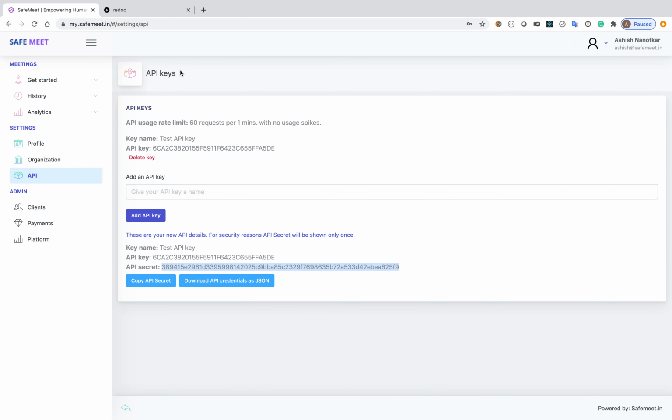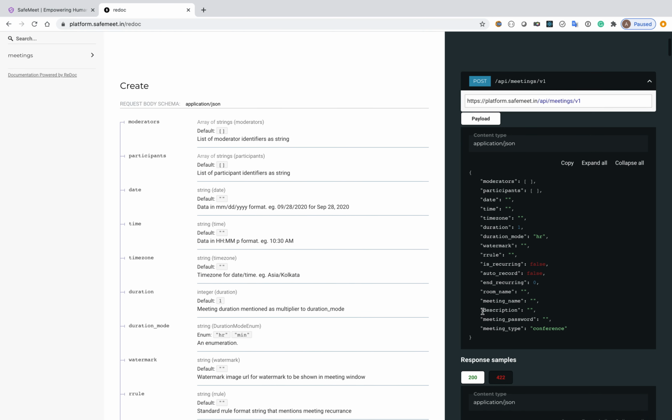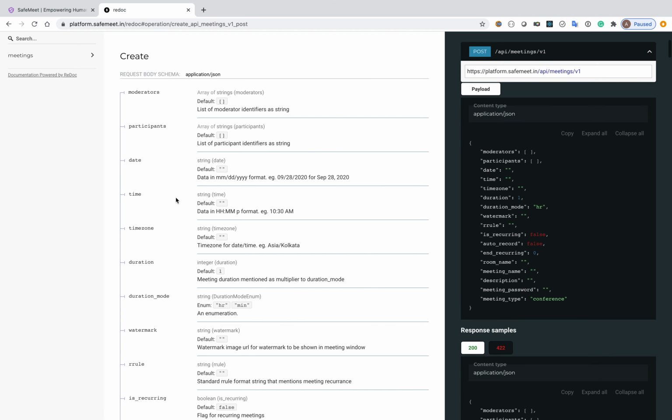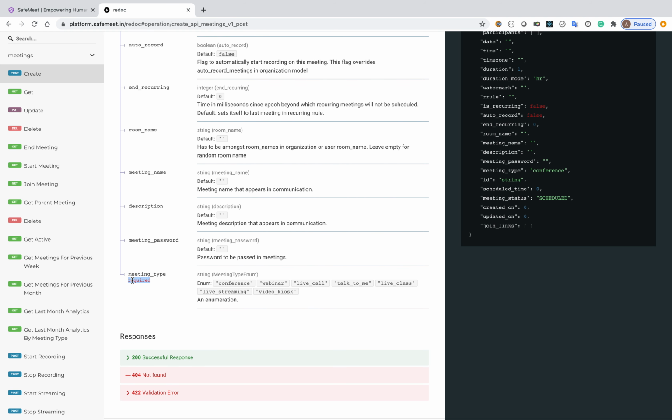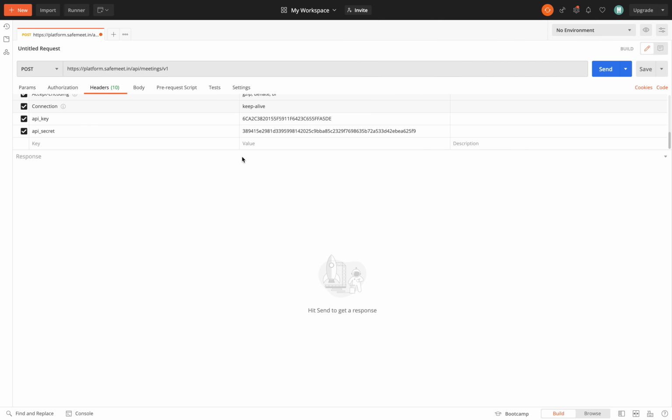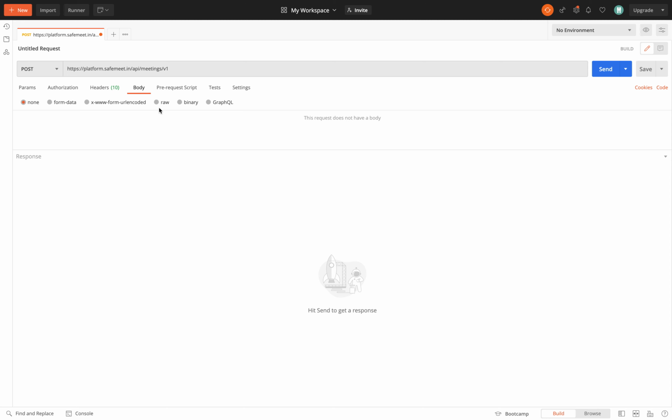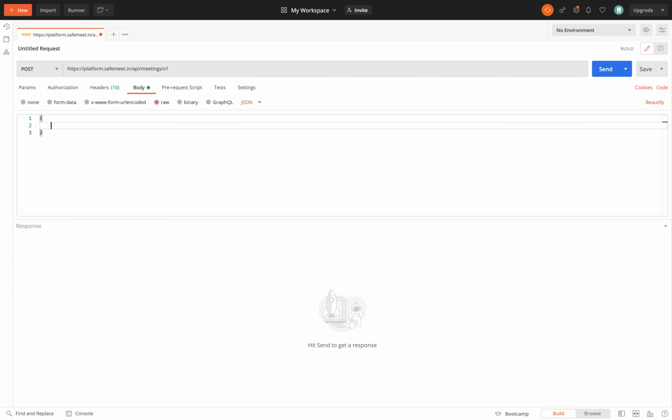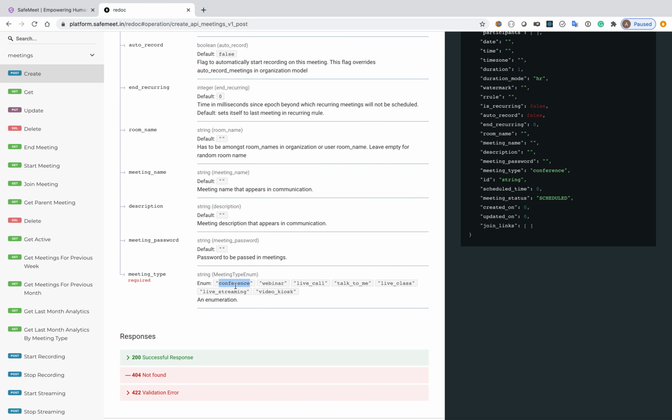Next thing that we would like to do is to check the payload that we need to send. So in this payload, if I go through the documentation, what it tells me is that there's only one field that is actually a required field. Let's include that. Going to the body, it's a body type of JSON, adding some details. So the body type is JSON, and what I want to include here is meeting type. In my case, it is conference. Make sure that you use exact words that are in here, one of these words I mean,